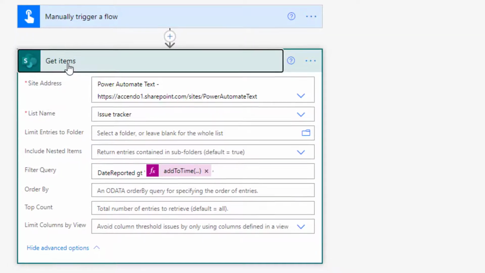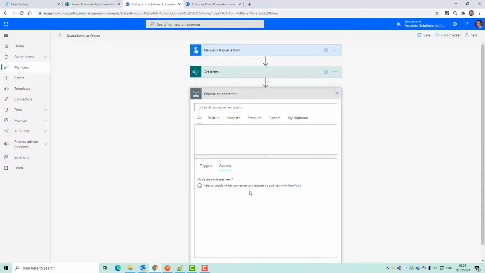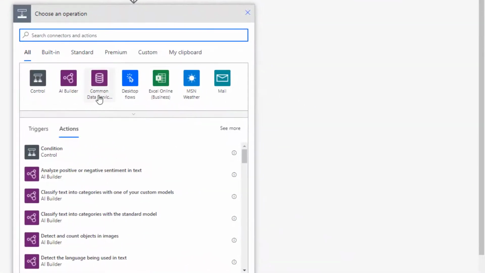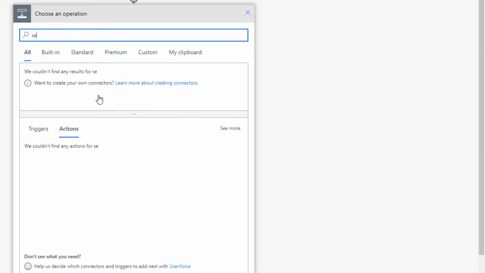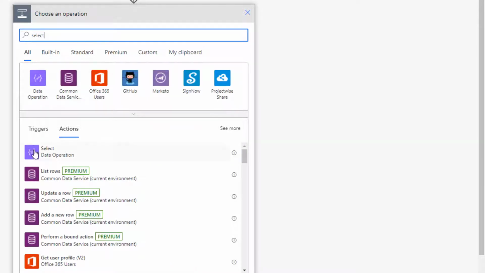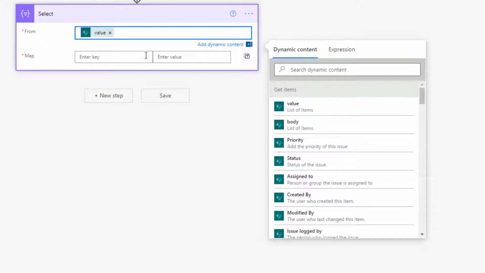And now I need just to get the assigned to column. So let's do that first. No, I want a select. That's going to come from there.